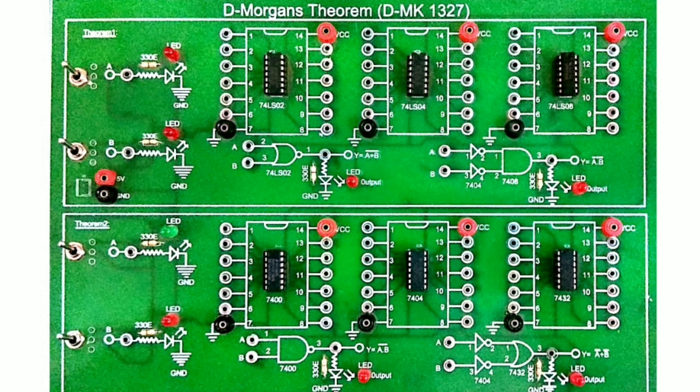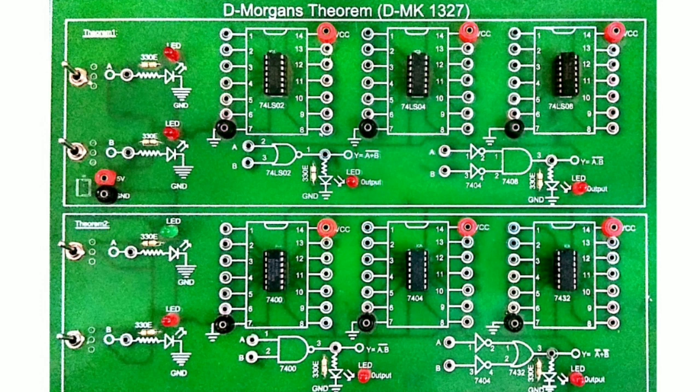So here you are observing the block diagram of this particular De Morgan's theorem. The upper part consists of the first theorem, and the lower part consists of the second theorem. On the left hand side, it consists of the inputs, and the first IC refers to the left hand side. The next IC is to be considered for the right hand side. Similarly, the lower part is to be considered to explain the second De Morgan's theorem.